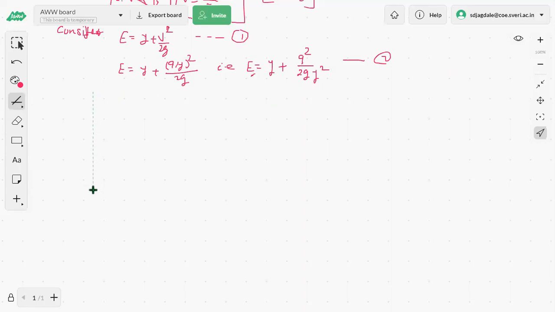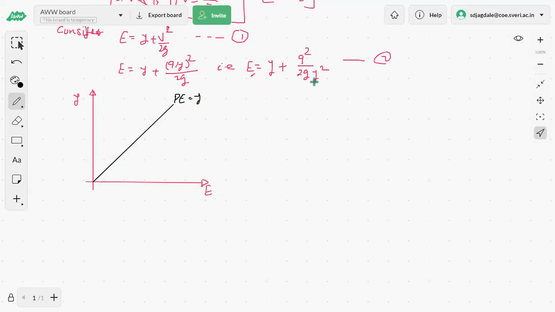Okay, and the angle will be 45 degrees with respect to both the axes, the x axis and the y axis. If this is our flow depth y on the y axis, and this is the specific energy E on the x axis, then in the second method, first we go for the potential energy as y. As it is directly proportional, it will be a straight line passing through the origin, making an angle of 45 degrees with both the axes, x and y. Okay, so this is nothing but the potential energy, that is Pe equals y.